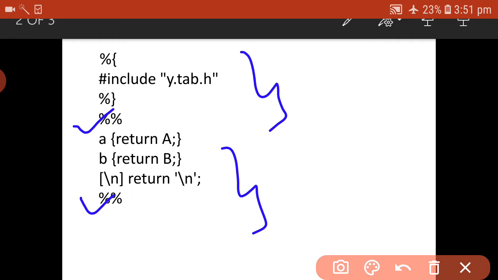A and B, just take them as tokens, because in the question we are using two strings, the A string and the B string. Initialize the two tokens A and B and return the same A values and B values.